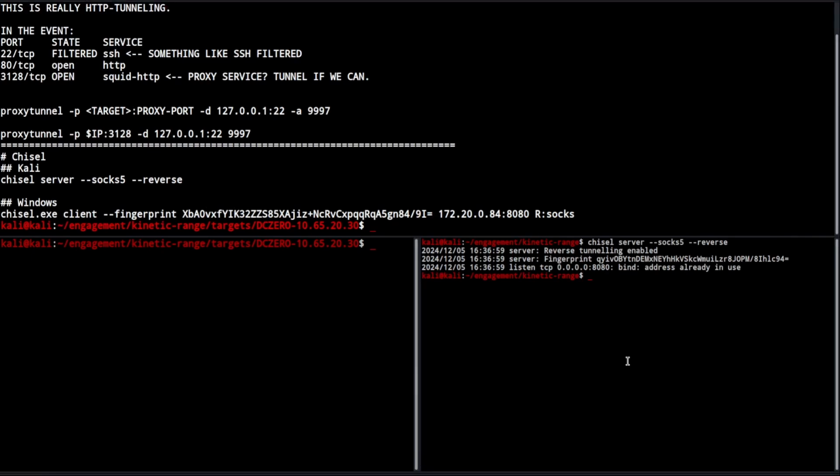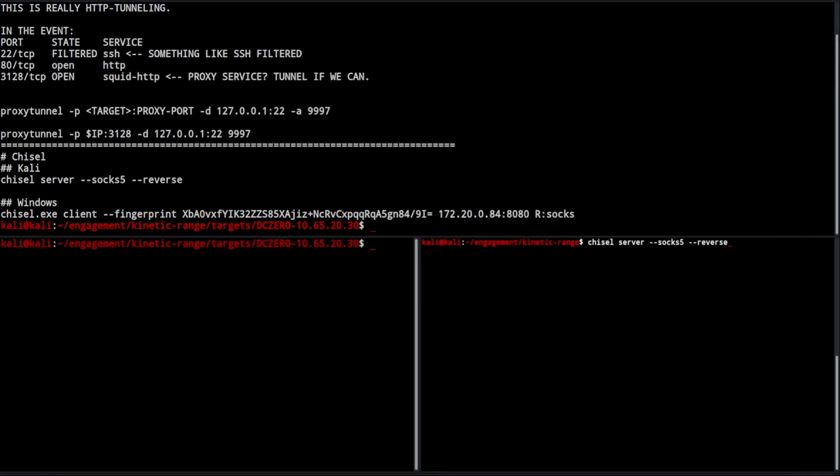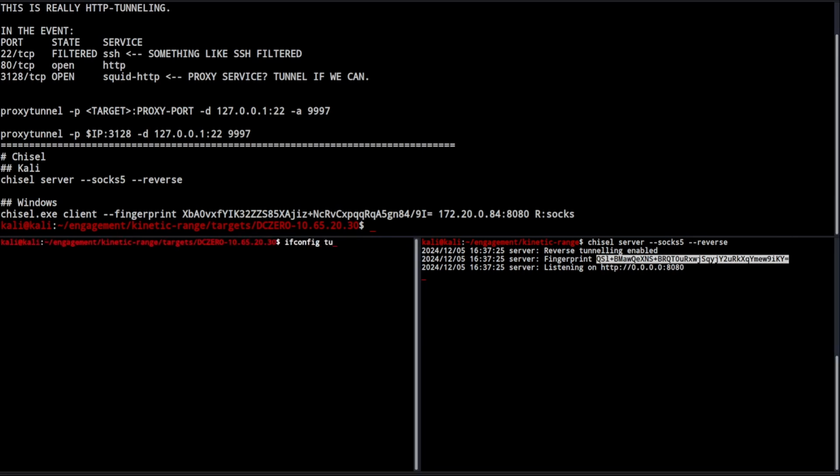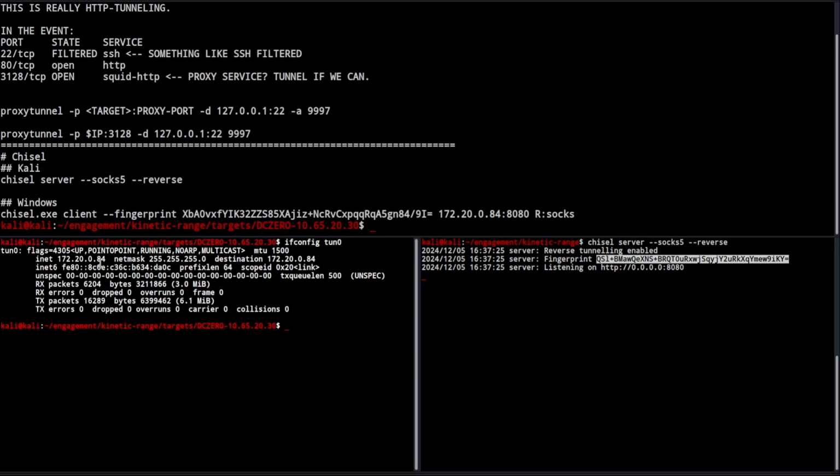We'll clear this out, and now we'll try it. And there we go. So we have an active, established listening server. All we really need is the fingerprint here. And we're also going to need our Kali attacking IP. So ifconfig tun0, off of the OpenVPN or tun0 interface. And mine is